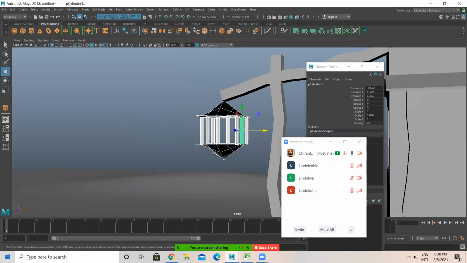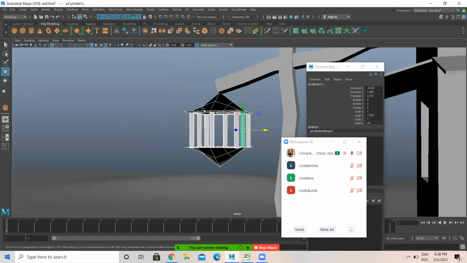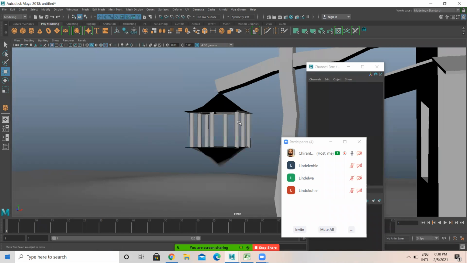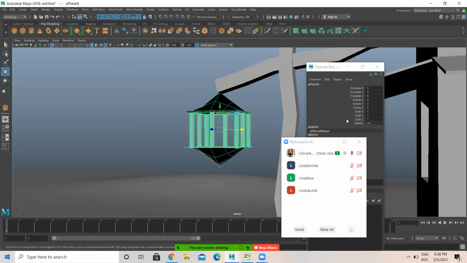Then after this, select all of this. There are two things: one is group, another is combine. In Mesh, you have the combine option. Group means it will add multiple objects into one group, whereas you have the freedom to select those individual objects separately. In combine it's not like that. Everything will be combined as one object. I'm just selecting this and I give combine. When I combine, this entire thing comes as one object.